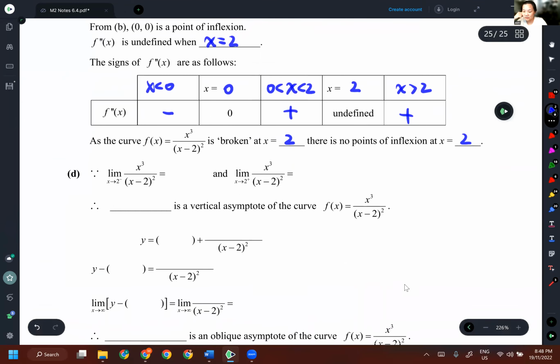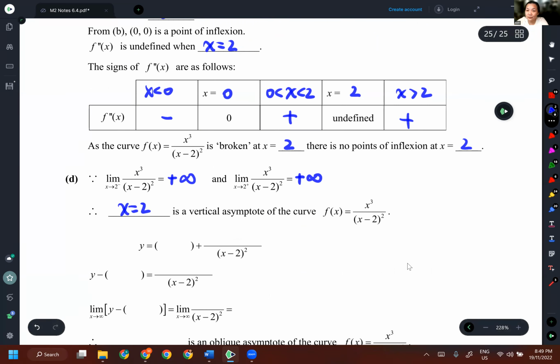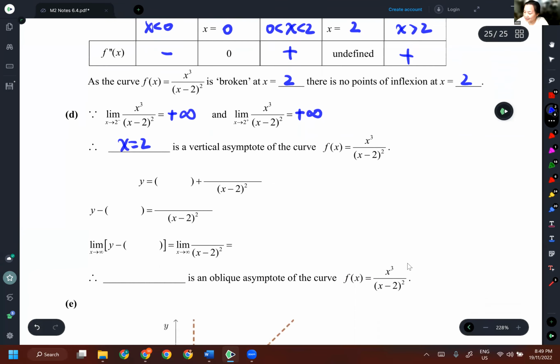Now the asymptote. At the left of x equals 2, positive infinity. At the right of x equals 2, positive infinity. I actually did the substitution. So x equals 2 is a vertical asymptote. Now about the oblique asymptote,